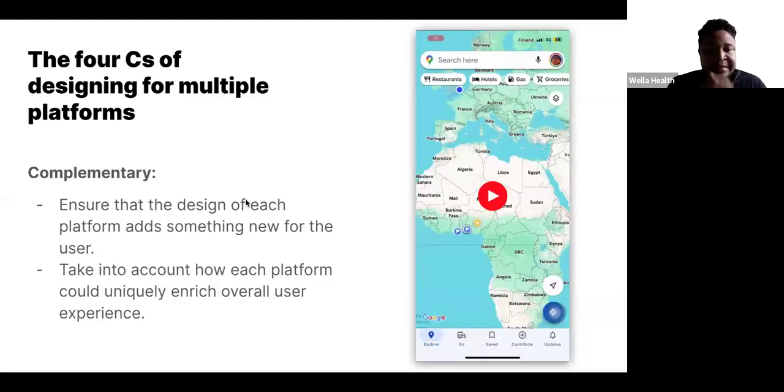Right. So the last C is complementary, right? It's complementary, and that's kind of what I've explained. Complementary is basically ensuring that every platform the user is on is going to add something new. And the reason it can add something new is that the features that platform has, whether it's a back camera, a quality camera, or the possibility of using augmented reality, it's using them to the fullest in order to give that app an experience that cannot be experienced on other